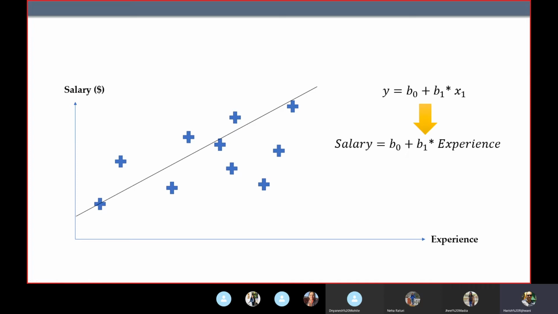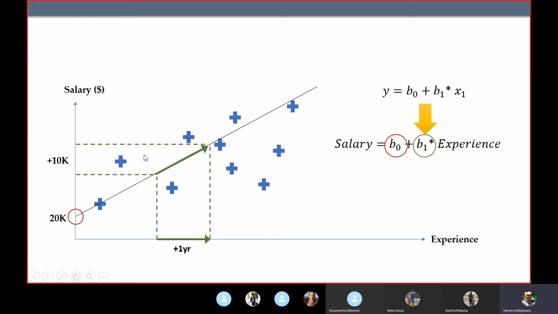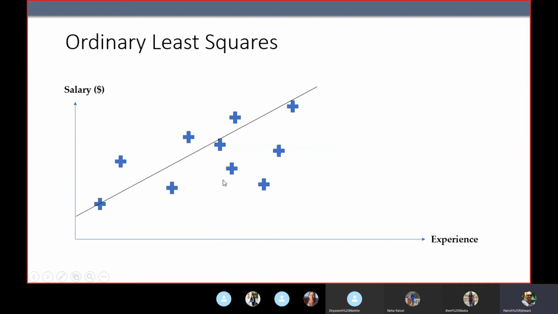So here, I am drawing a line like this: salary and experience. This is B0, that is the intercept of the line. The experience is in years. Then I'm calculating the slope. Here you also look at ordinary least squares.